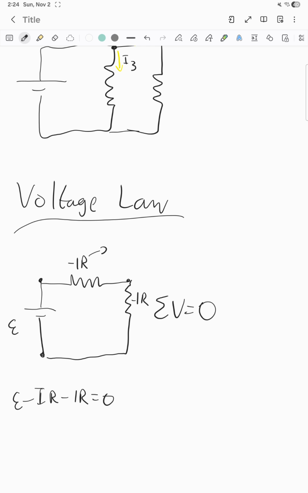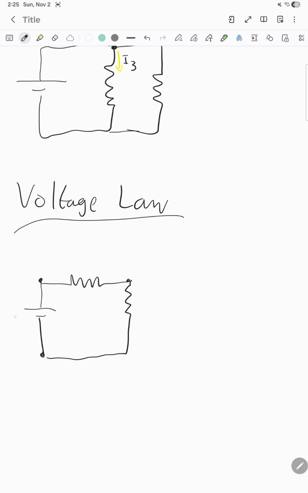So let's take an example and give a concrete example. Let's say you have 12 volts here. This is 3 ohms, and this will be 6 ohms. And then we want to know what the current is in the circuit. All you have to do is 12,